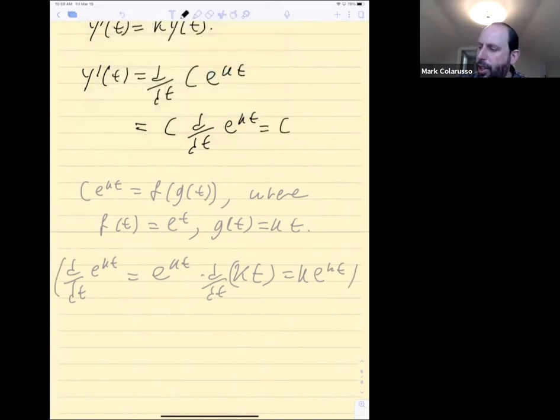And so this is just c k e to the kt, and we can just bring the k out like this, right? And write it as k, k and c are numbers, so the order in which you multiply them doesn't matter. And so you get k y of t,